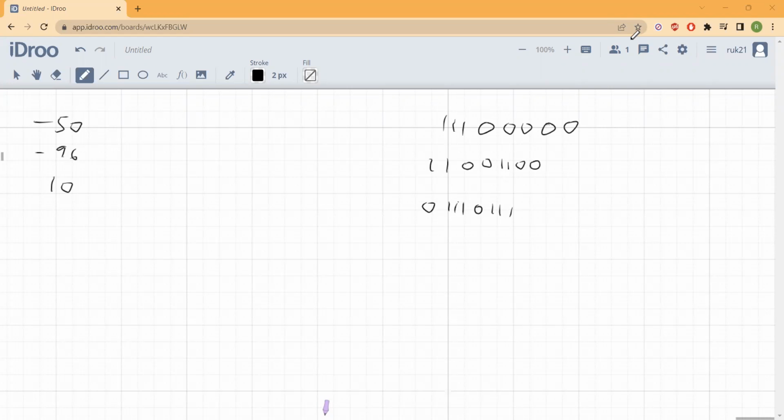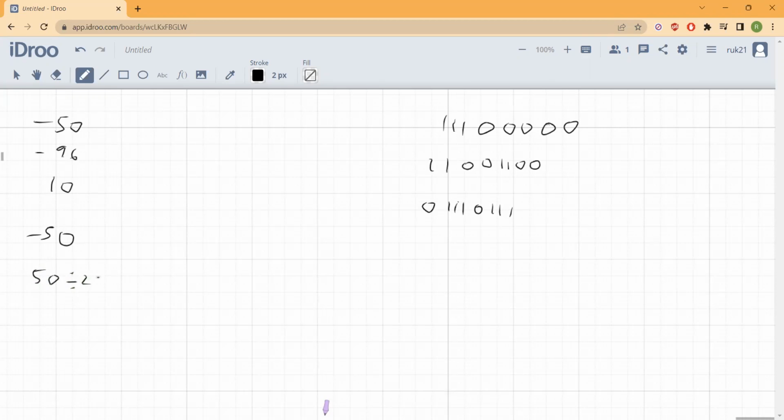Let's start with -50 over here. So what we're going to do is take -50, and first convert just the 50. We're going to forget about the negative. We're just going to make 50 into its binary form. So how do we make 50 into its binary form? The way I recommend doing this is you're going to take 50 and divide it by